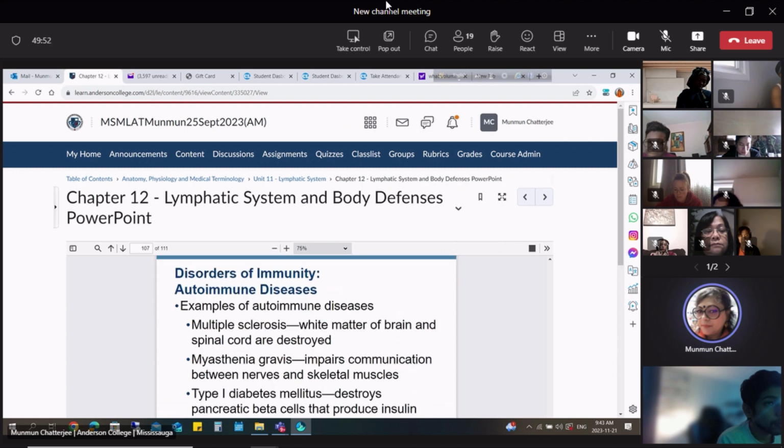What are some examples of autoimmune disease? Multiple sclerosis. It is related to the brain. There is a region in the brain called the white matter, and the spinal cord. These are destroyed. This is multiple sclerosis, one of the autoimmune diseases. You don't need to remember the white matter, but multiple sclerosis is related to the brain and spinal cord. Those are destroyed. Myasthenia gravis,